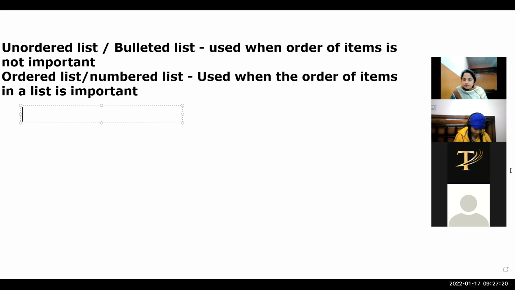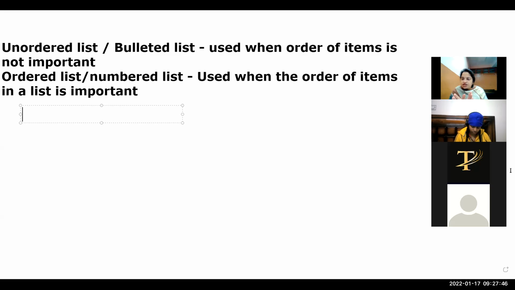Unordered list is used when the order of items is not important. Correct. Whereas ordered list is used when the order of items in a list is important. Suppose I'm giving the steps to make a cake. Where the order of the steps is important, I can use the numbered list.